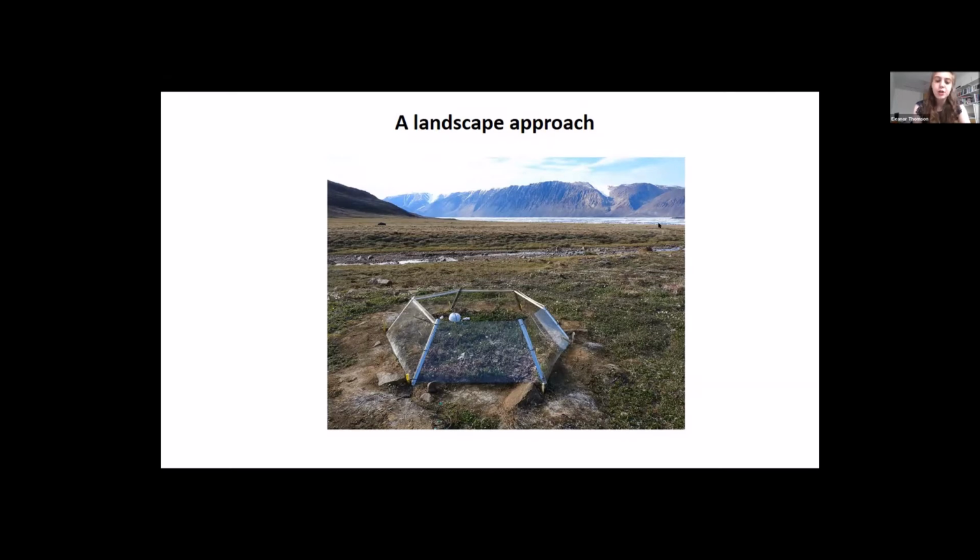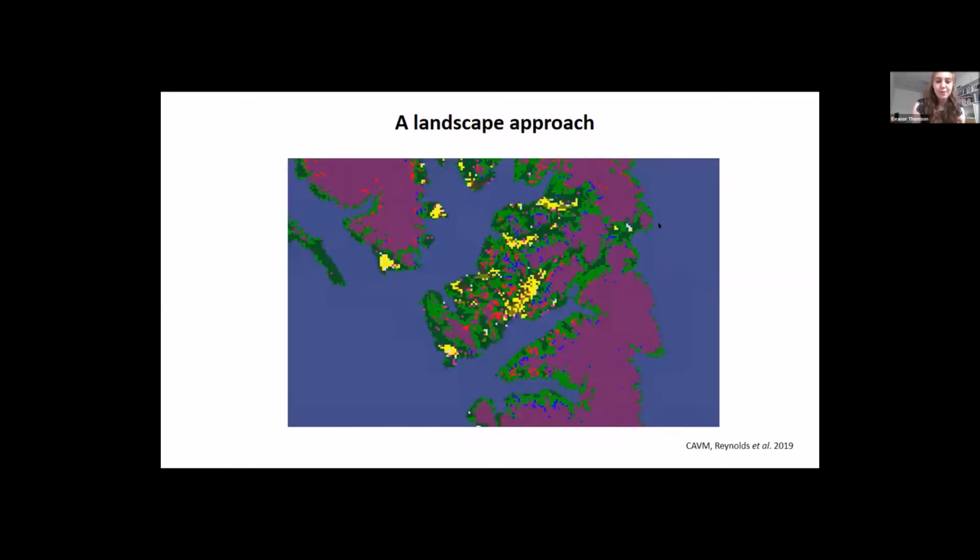But a limitation to this method is a difficulty of knowing if the information that we obtain from these chambers is representative of the larger landscape. And if we see changes of vegetation within these chambers, how do we attribute that on such a small scale? How can we say the exact abiotic and maybe biotic drivers that are driving these vegetation patterns and changes at a landscape scale? And then of course, at the other end of the spectrum, we have satellite maps and satellite